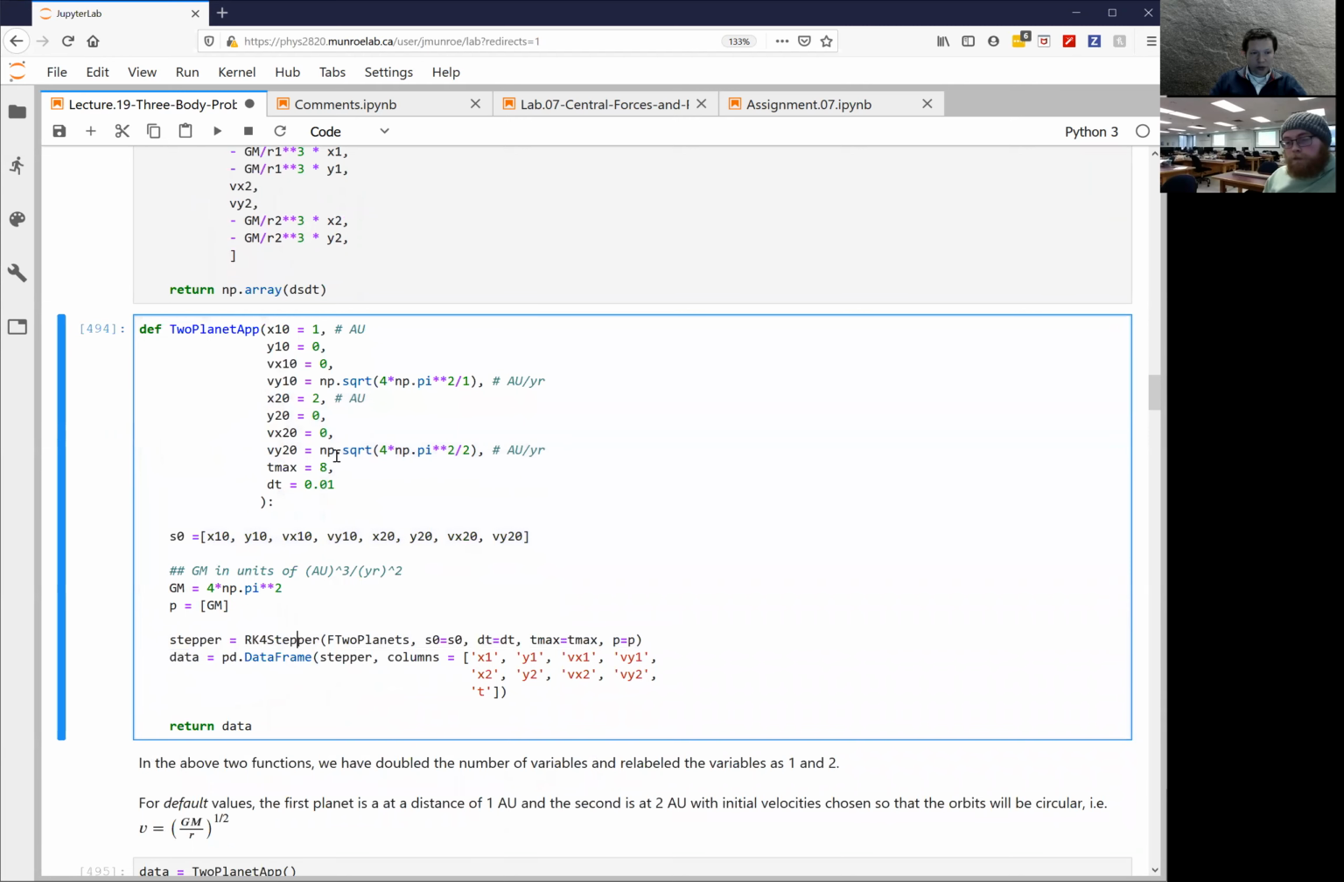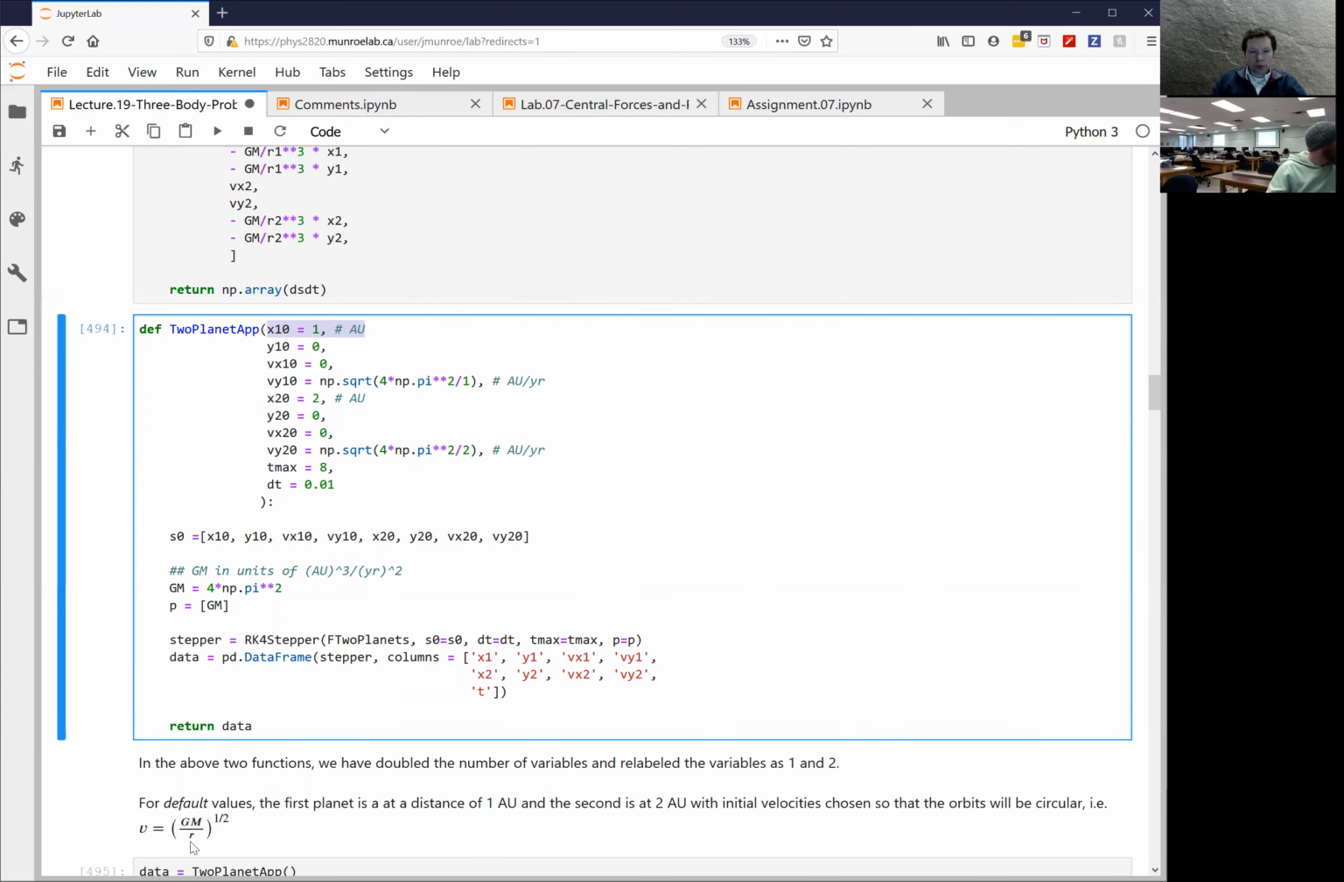There's more variables, which means you've got to define more things, and you've got to label more columns, because we've gone from 4 variables to 8 variables. In terms of setting this up, just for defaults, I put my first planet at a distance of 1 astronomical unit away. We know that if it's going to be a circular orbit, and this is something we talked about on Thursday, that the initial speed needs to be related to the square root of g times m divided by